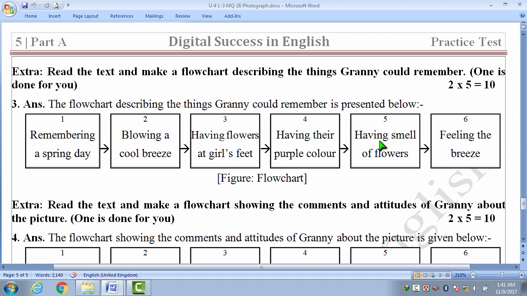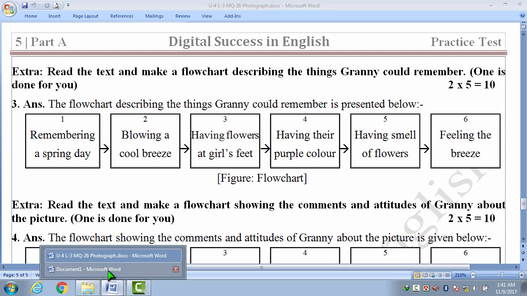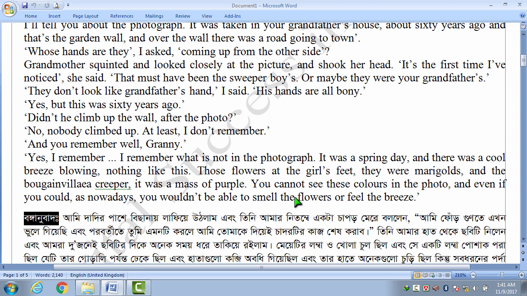In the fifth number box we have written having a smell of flowers. In the sixth number box we have written feeling the breeze. আমরা এই দুটি তথ্য প্যাসেজ থেকে নিয়েছি। Smell of the flowers, feel the breeze. So এখানে having দিয়ে আমরা জিরেন করেছি, smell কে আমরা অবজেক্ট রেখেছি, having a smell of the flowers। আর পরেরটা আমরা feel ভার্বের সাথে ing করেছি, feeling the breeze,